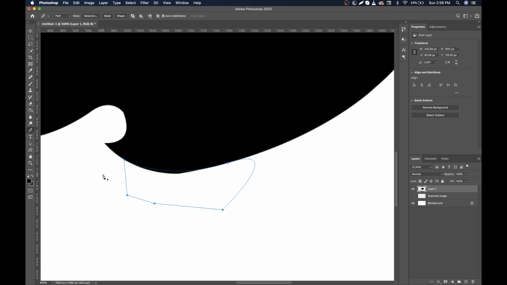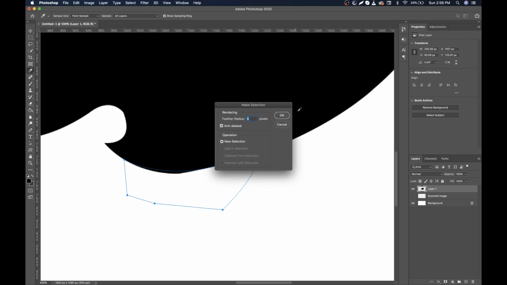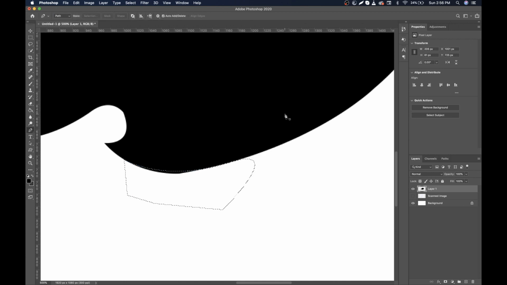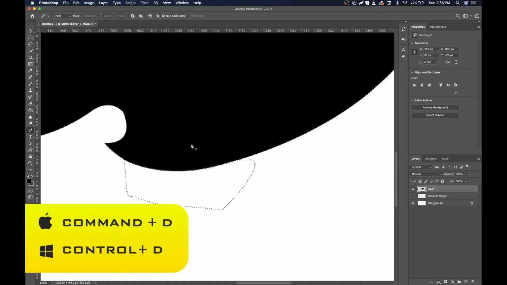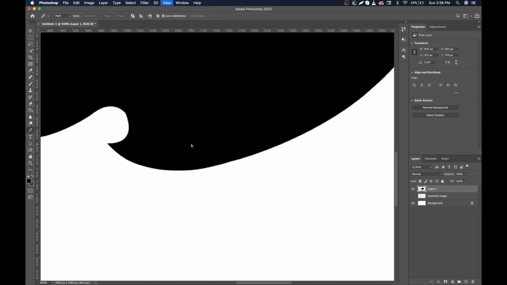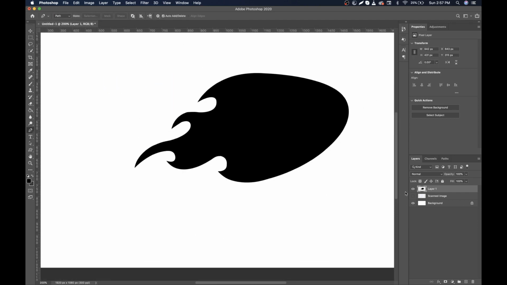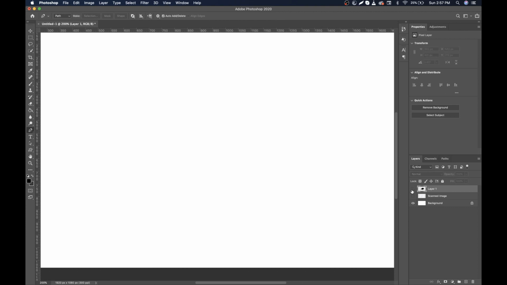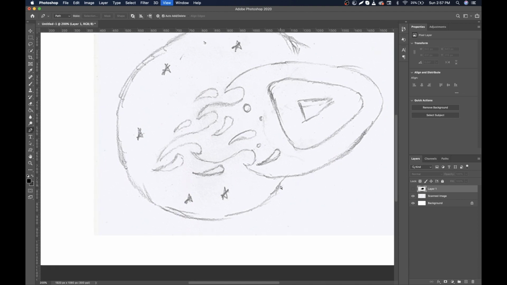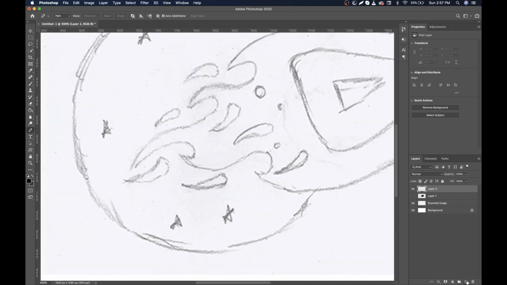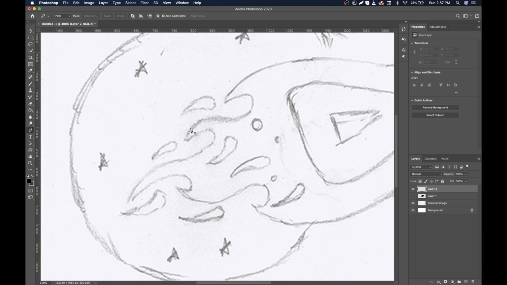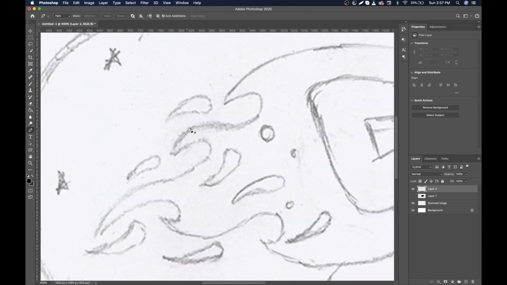After joining the path, click on selection, then simply press delete button on your keyboard. Then deselect by pressing Ctrl D. Guys, do it everywhere where you think the curve is not perfect. Now hide the shape layer and unhide the sketch layer. Create a new layer from this icon and draw the rest of the design.